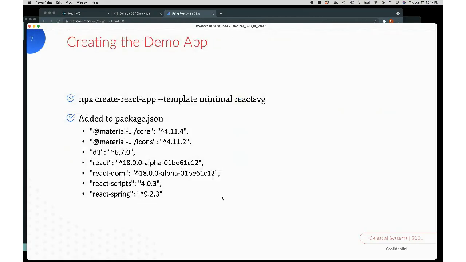So to do that, I've created a demo app that I'm going to show you. Very simple. I wanted to give you all the instructions of how I created this demo app. It's an app created with Create React App, which is provided by the React environment and allows you to generate the structure of a React app very quickly. I tend to use this template that's also out on NPM called minimal,